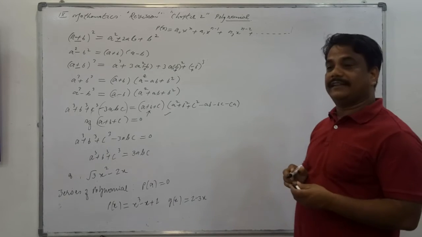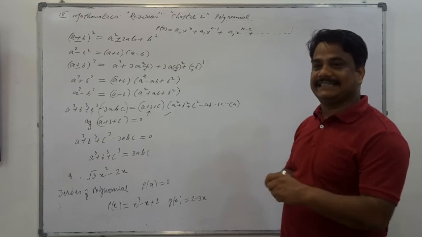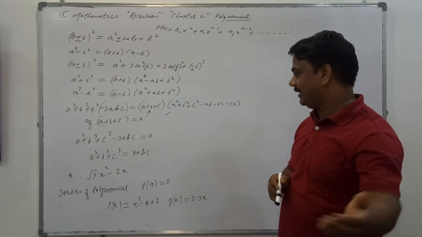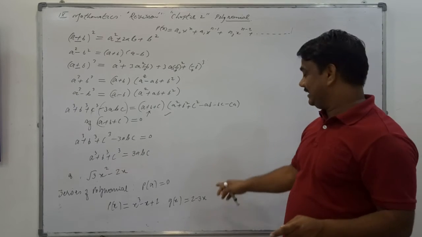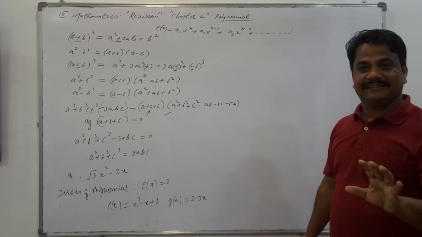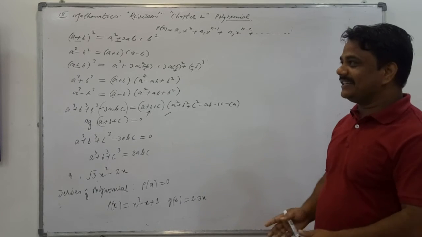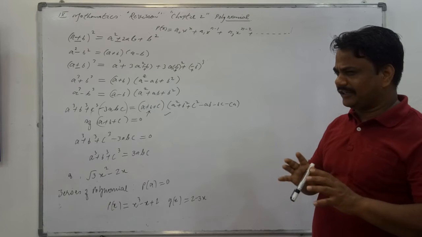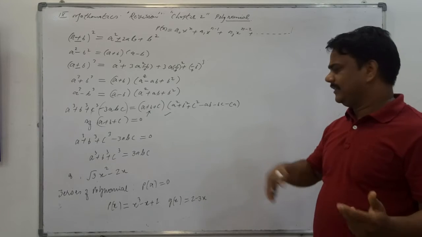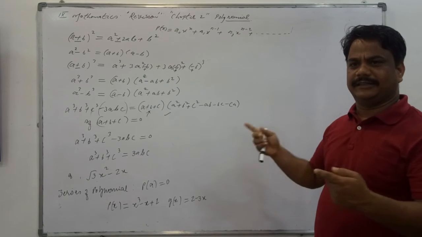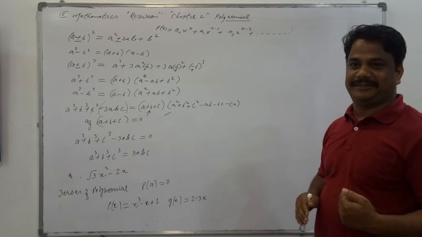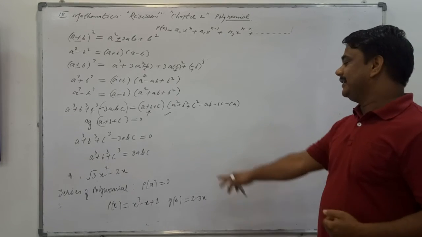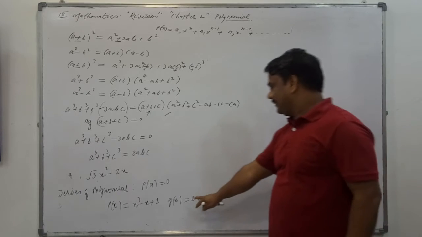The questioner is saying that the polynomial p(x) is x cube minus x plus 1, and g(x) is the polynomial 2x minus 3. Clear? As we are checking the revision, we will solve certain 8 to 10 questions based on factorizations and zeros of polynomials, so that it will give you the complete potential of the chapter. So here the polynomials are given.